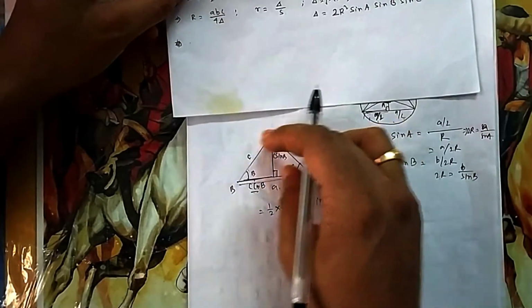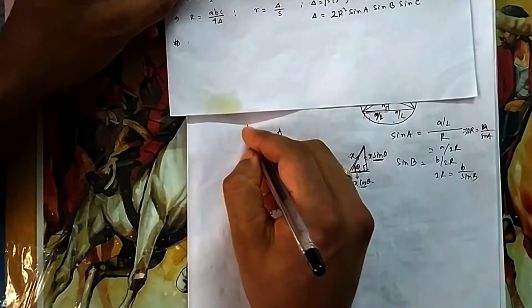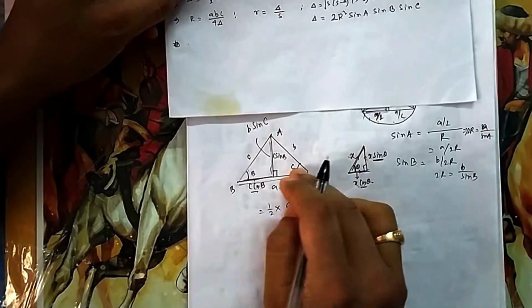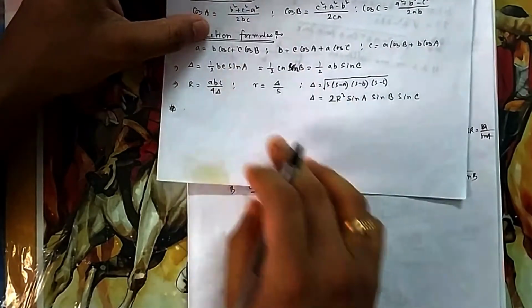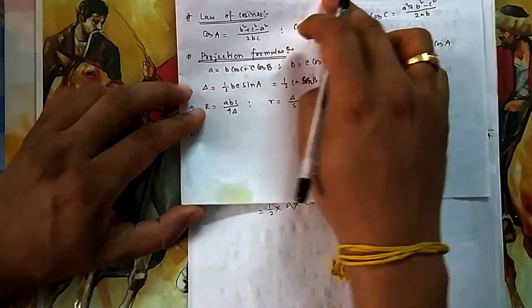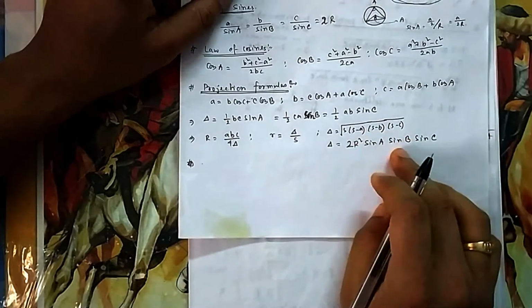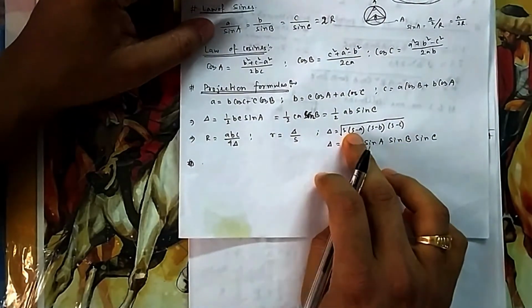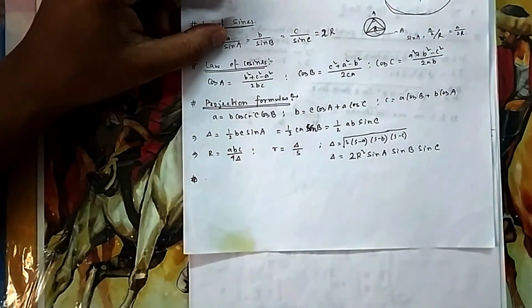You can write it also as B sin C. This height also can be written from this triangle as B sin C. So it becomes half AB sin C. Similarly, if you draw the perpendicular in the reverse direction, in this direction, then also you can find it. So these are all delta. From here you can find lots of formulas on R, that is, this formula also you can find from here. You can put A is equal to 2R sin A, all these things you can put here and you can find it here. Or you can put it here also.